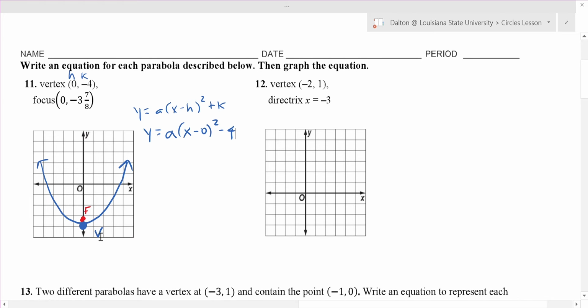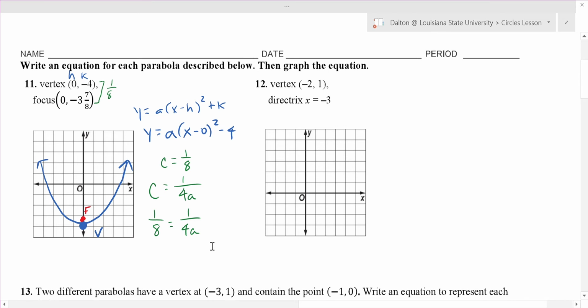The vertex and the focus, if you remember from last class, are c units away from each other. So again, it's kind of too hard here for me to zoom in and show you exactly, but if the vertex is at negative 4 and the focus is at negative 3 and 7/8, then these are 1/8 away. That means c is equal to 1 over 8. And then again, by definition last class, we defined c as 1 over 4a. So if you set 1 over 8 equal to 1 over 4a,